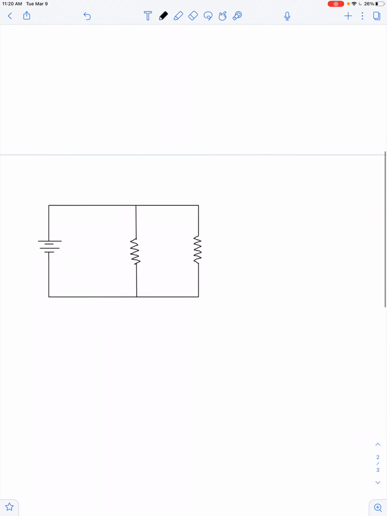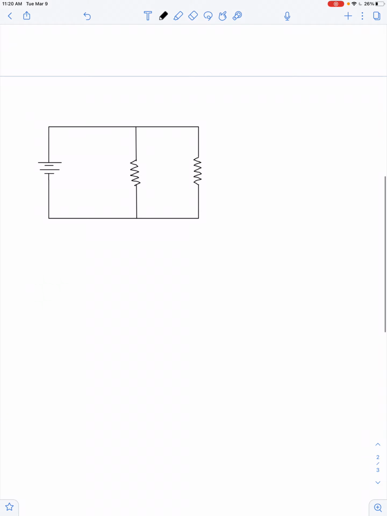So let's see if we can derive a generalized equation for the equivalent resistance of two resistors that are connected in parallel, and then we'll extend our results to apply to any number of resistors connected in parallel. So now we want to invoke Kirchhoff's Junction Rule. In our last video, we relied on Kirchhoff's loop rule. Here, we invoke Kirchhoff's Junction Rule, which, as described earlier, whatever amount of current is flowing through the battery, we'll call that I total,